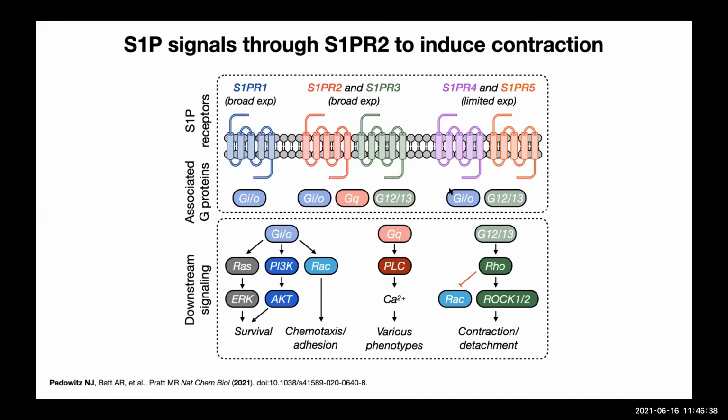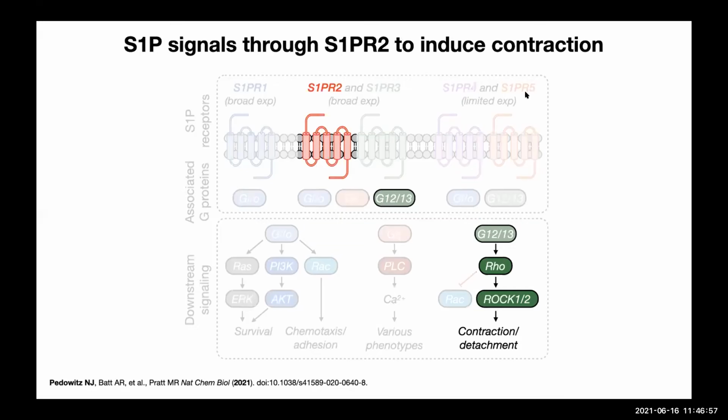So next, we wanted to turn our attention back to S1P. We're O-GlcNAc researchers. We don't really study these signaling lipids, so we had to do a lot of reading. And what we learned was that sphingosine 1-phosphate signals through 5 transmembrane G-protein coupled receptors, titled S1P receptor 1 through S1P receptor 5. And through a series of biochemical experiments, we were able to determine that we were signaling through this second receptor, ultimately